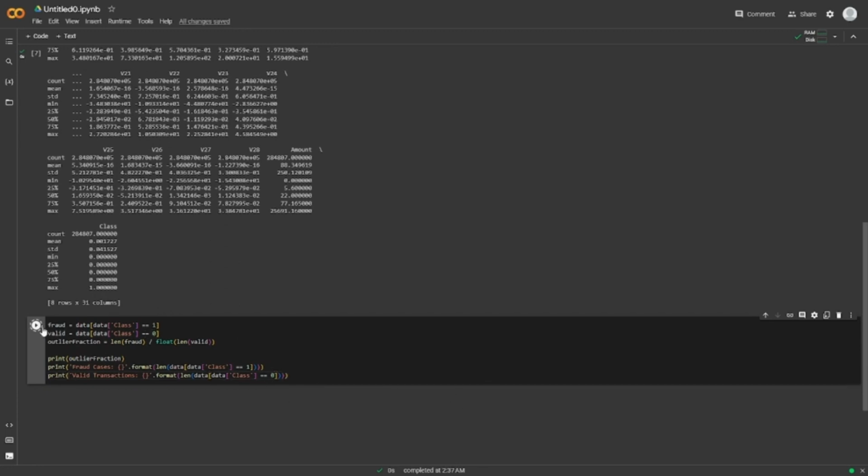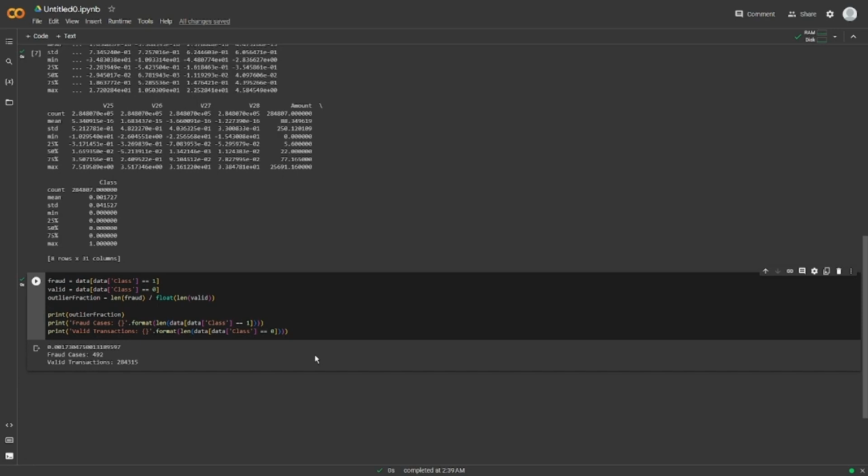All right, let's make sure we didn't make any errors. Looks good. So in this code snippet, we create two subsets from the data set. Fraud, which contains the fraudulent transactions, and valid, which contains the valid transactions. We do this by applying a condition to the class column of the dataset. Transactions with a value of 1 in the class column are considered fraudulent, while those with a value of 0